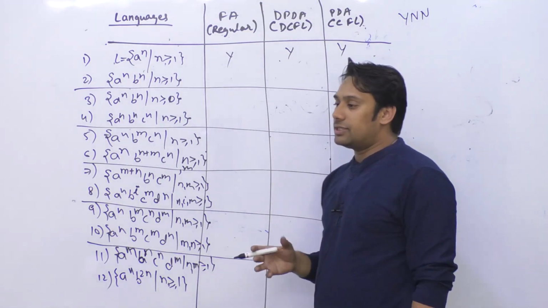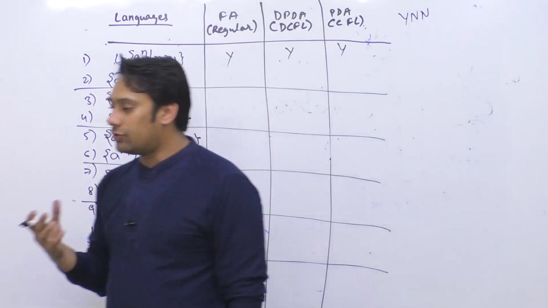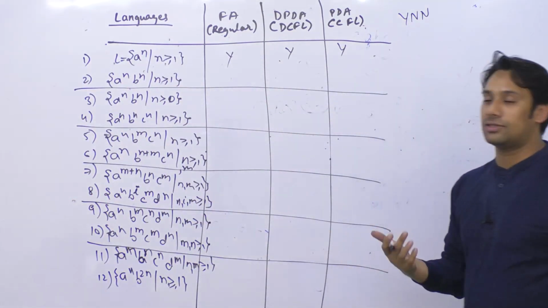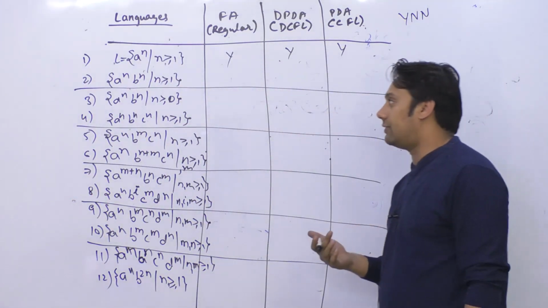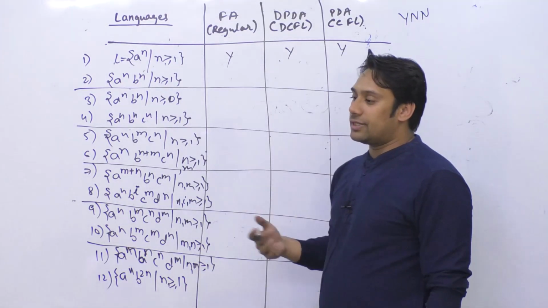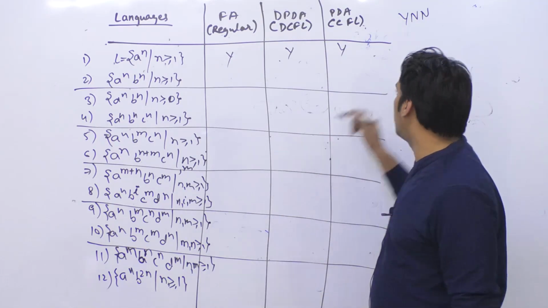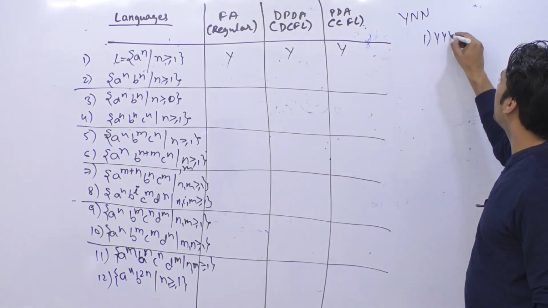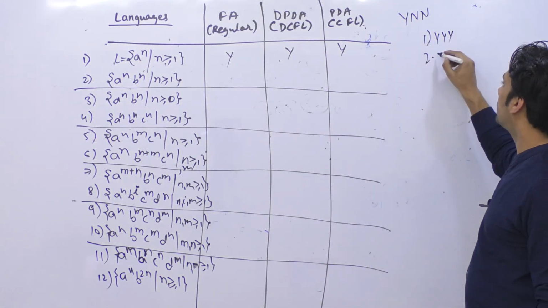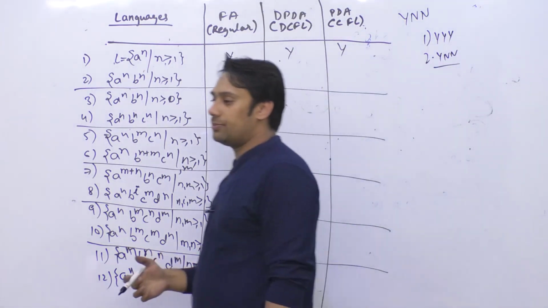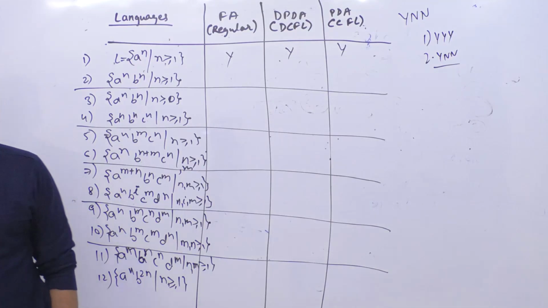Let's see, there are 12 people watching, I want all of you to answer, not just one person. I want all of you to participate in this class and answer in the chat window. I need everyone's answers quickly. Please write your answers. Just write like one why, two, you can say why, no, something like this. So this way you can write your answers in the chat window. Okay.